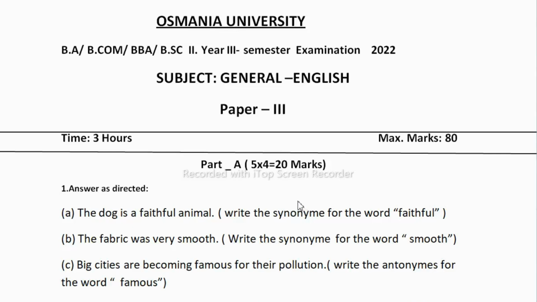So in this Section A, you will have grammar and vocabulary, and you have to answer any 5. There are 8 questions, and out of these 8 you have to answer any 5. Let us see the first question, answer as directed. Under this first question you will have 4 bits, and for each one you will have 1 mark. So if you do this first question you will get 4 marks. In the same way you have to answer any 5 out of 8 questions, so the total marks will be 20.